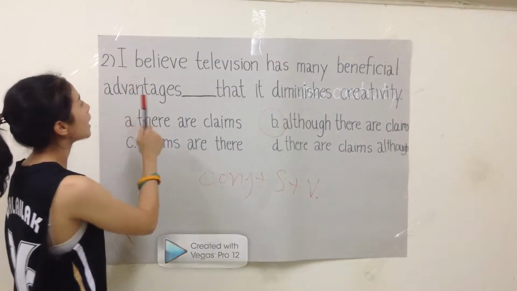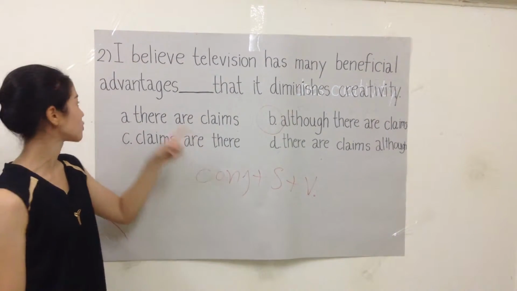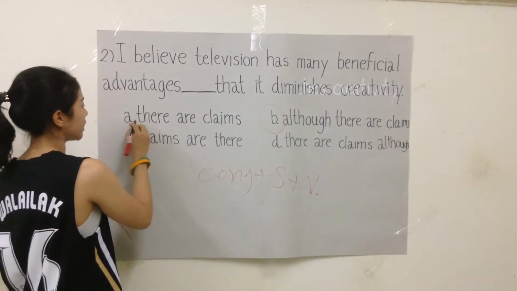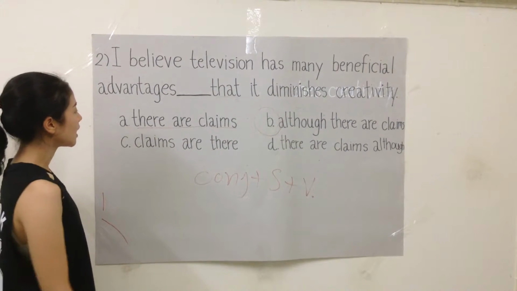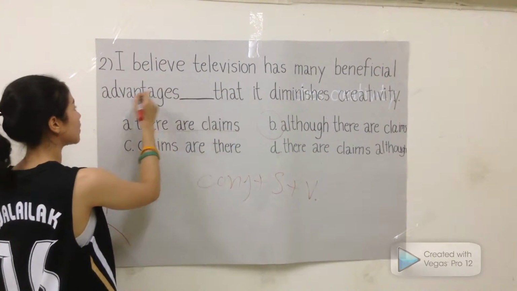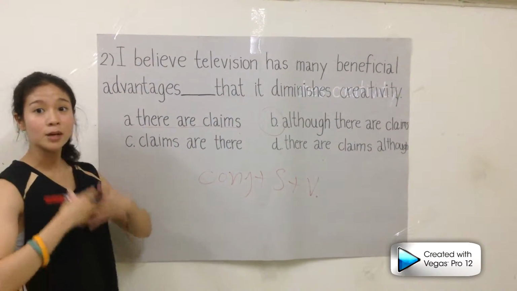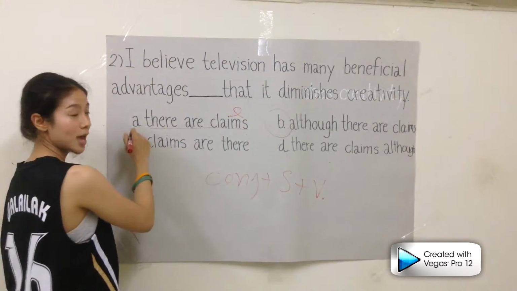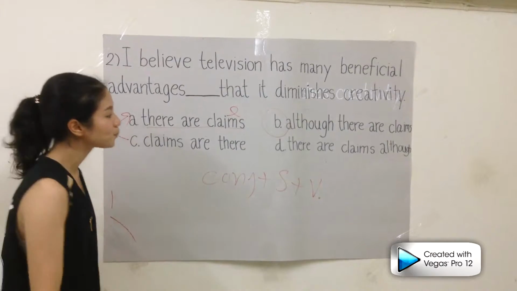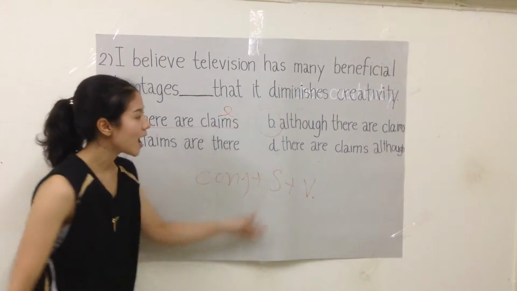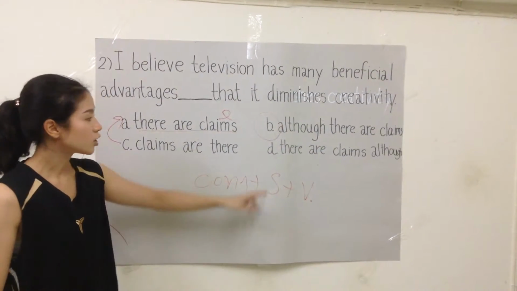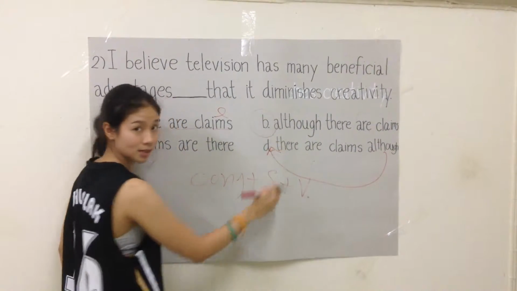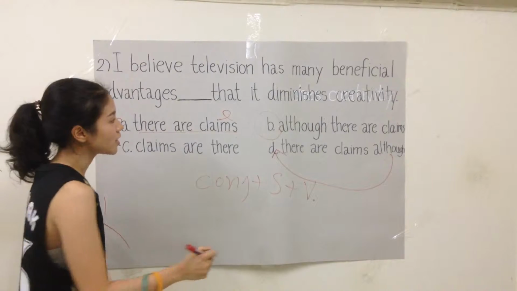For number 2, I believe television has many beneficial advantages, blank, that it diminishes cavities. For A, there are claims. If you want to put A, you have to put a dot after other advantages because it begins a new sentence. For C, it's the same as A. For D, you cannot put D because all those has to be put in front of the sentence. So the answer is B